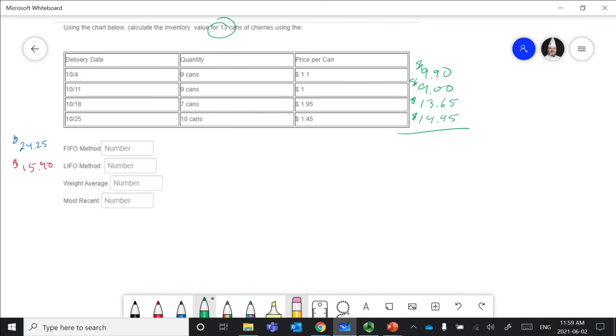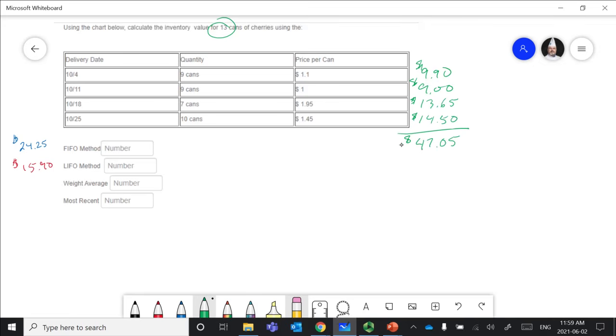$14.50, no, that's $14.50, not $14.45, sorry. My pen works today. Hello, computer. There we go. $14.50. So my total is